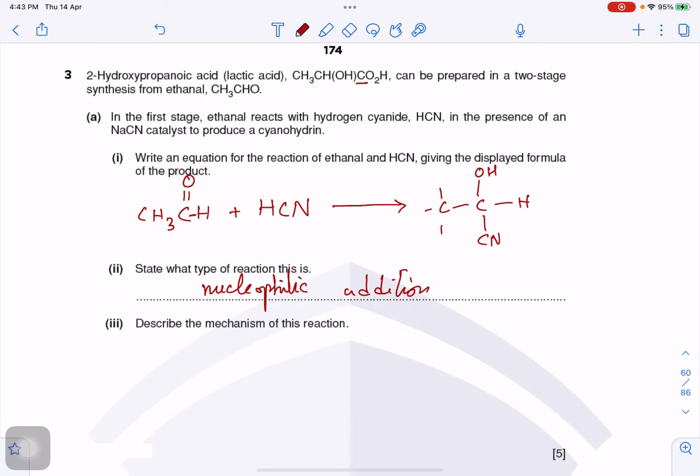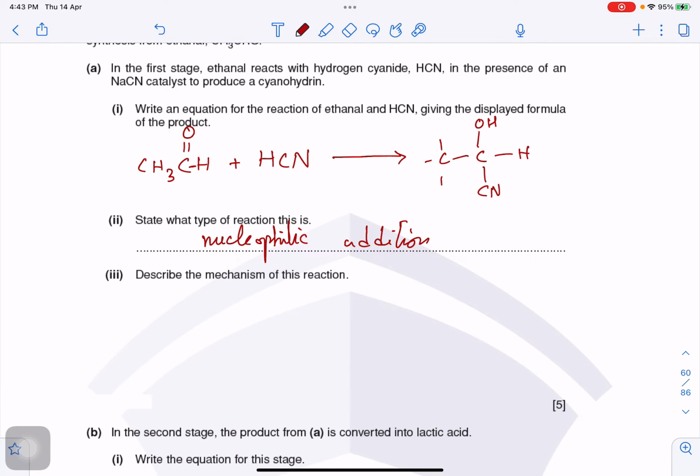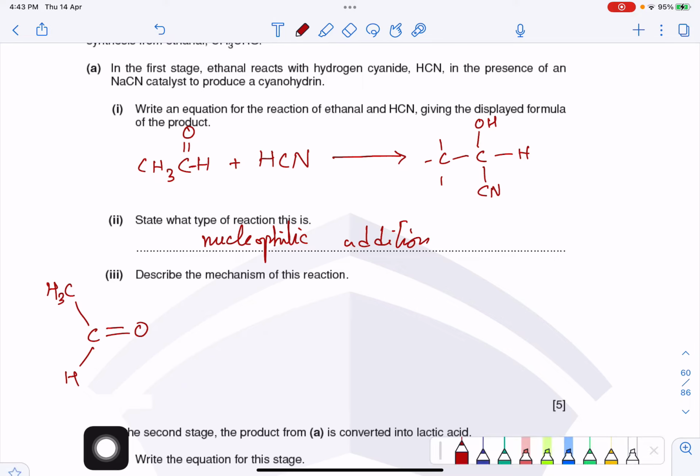Now they're asking us for the mechanism of this reaction. So that's pretty straightforward. So here's how it goes. We start with getting the double bond like that in this. Whenever you have a double bond, whether it's alkenes or any other compound, just make sure that you draw it in the standard form so that you can easily show whatever's happening. And then I have the hydrogen, I have CH3, that was my original compound. There are those partial charges. So there's the partial positive charge here, partial negative charge here.